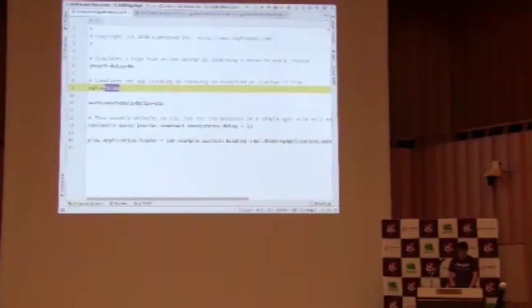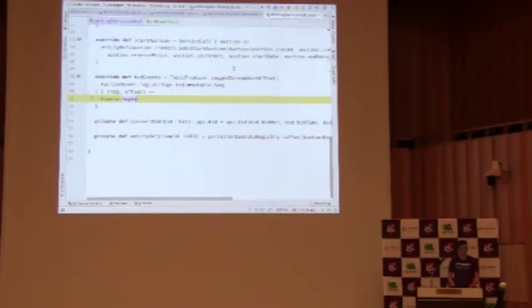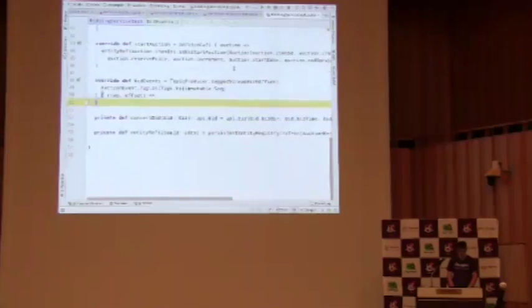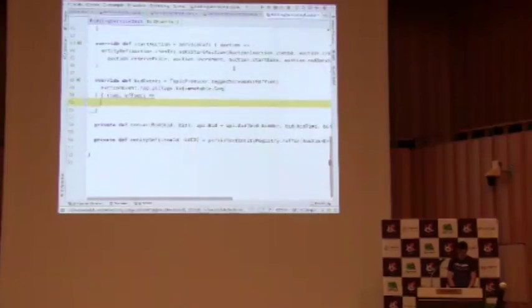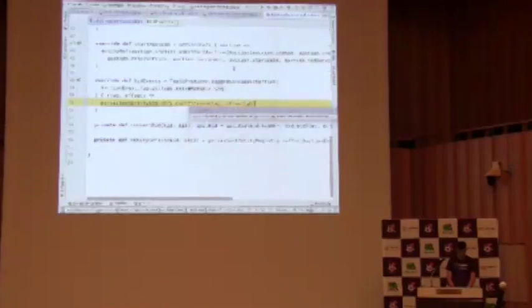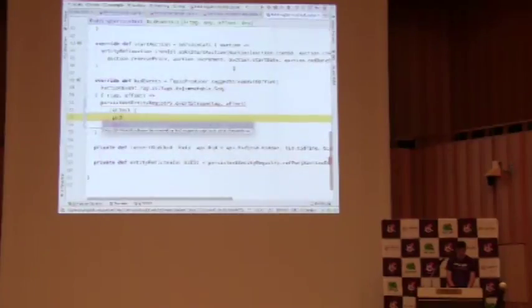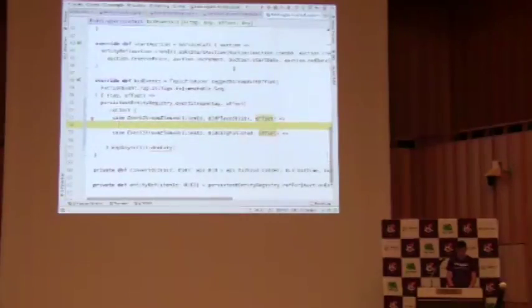Just as with the item service, where we published a stream of events, with the bid service we're also going to publish a stream of events. So we get the event stream for the bid service, and again, we're going to collect certain ones of them to publish. In this case, we're actually going to publish two events. I'm going to kill two birds with one stone here. When a bid is placed, we're going to publish that event, and when the bidding is finished, we're also going to publish that.